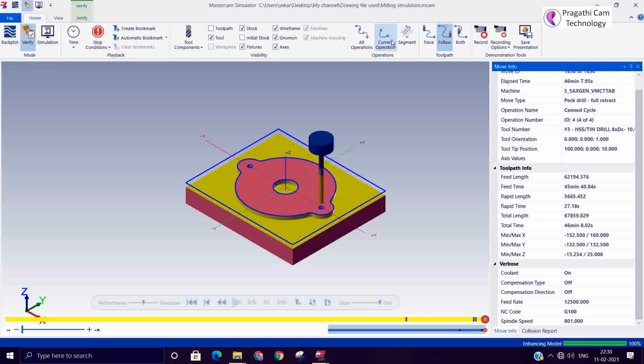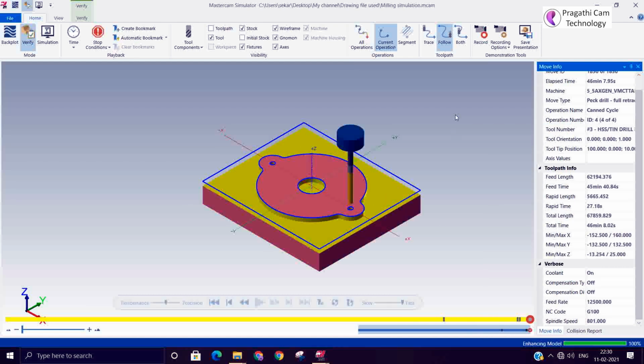Then the current toolpath display, if you want to show it, switch on and switch off. You can do it here. You can also modify and see these things, and just by clicking you can observe and understand the function of each and everything.